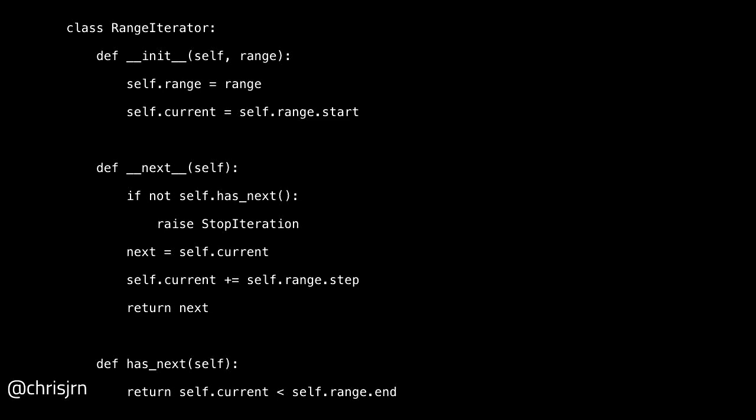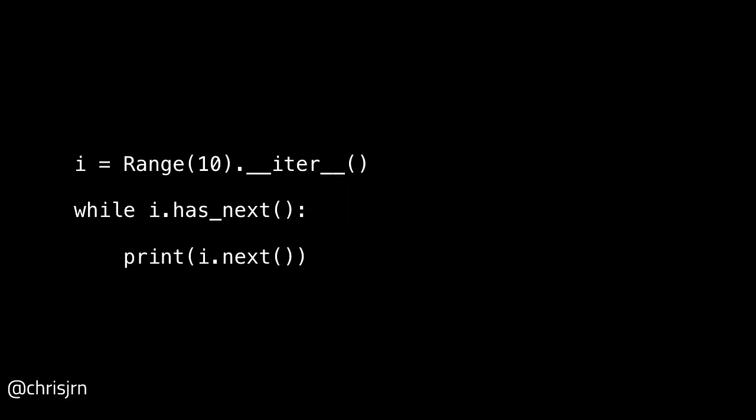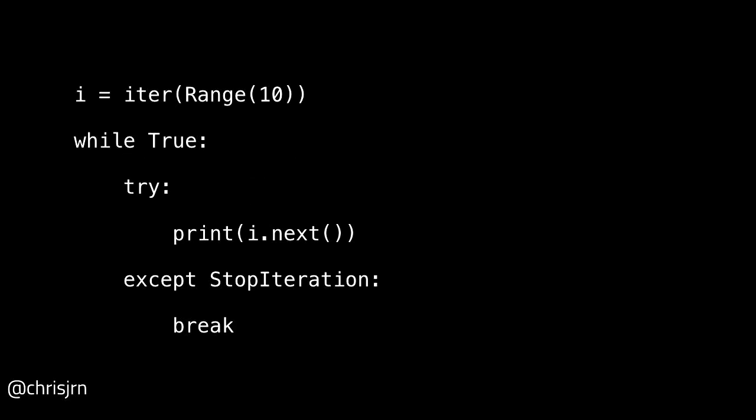And then range iterator looks something like this. It has a constructor that sets the initial current value of the iterator, and it has a next function that returns the next item in the range, or raises stop iteration if there's no next item. I've also added this has next function down the bottom because this is what Java's iterator pattern expects. It's also going to make the next slide a bit easier to read. And so you can iterate over this iterator with a while loop if you wanted to do so. Or you could write it like this if you're going to use the Python primitives. Use the built-in iter function and look for stop iteration yourself.